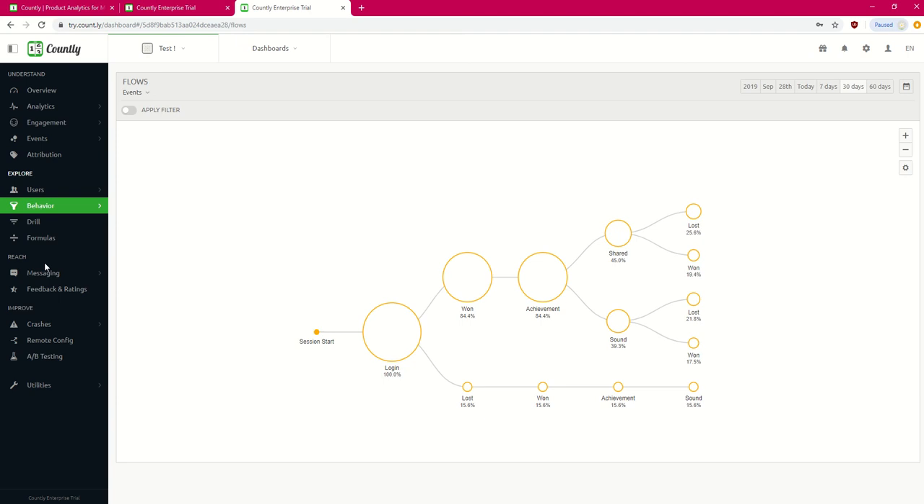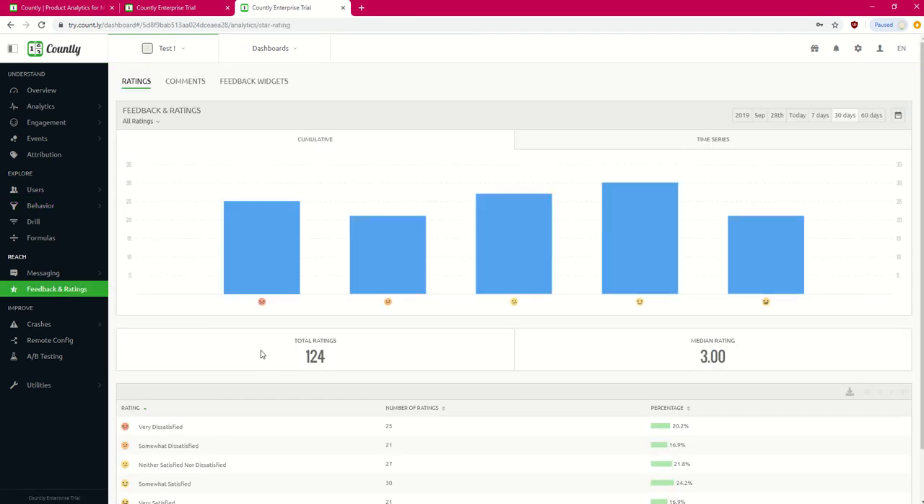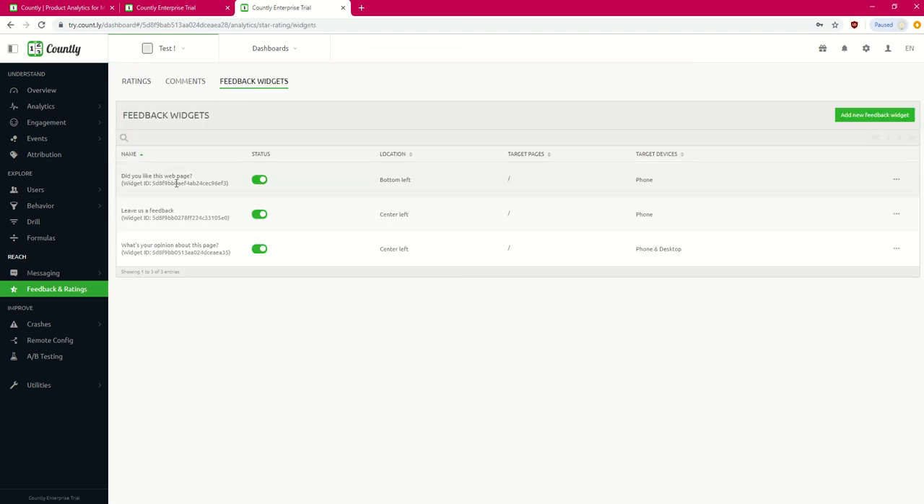If we look at the feedback, I want to highlight this feedback and ratings piece. It really is feedback and ratings of the actual website connected directly to Countly, and how you set these up is they have these things called widgets. You click on the widget and you can actually put a "do you like this page," "leave us feedback," or "what's your opinion." If you put that on your page, this puts it in the code of your page, and